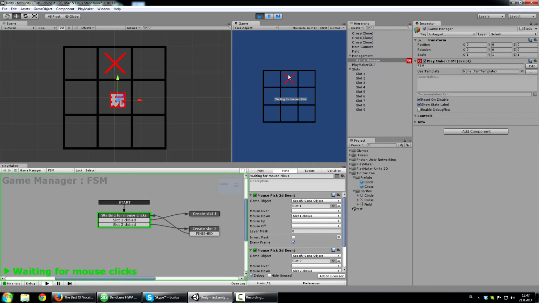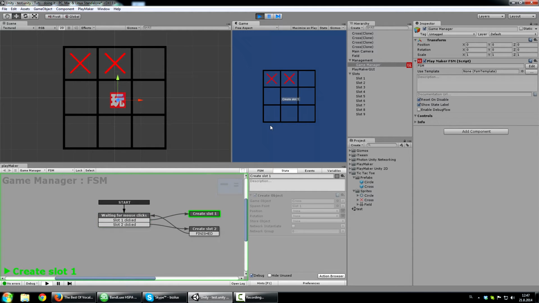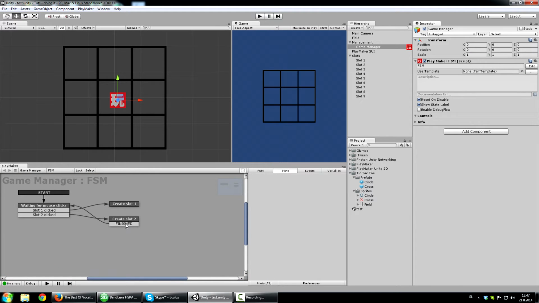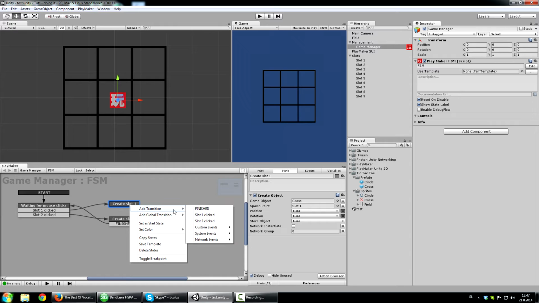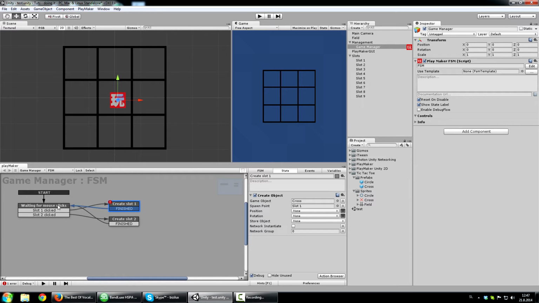But right now let's detect another error. If we click here on slot 1, that's it. It spawns a cross, but nothing happens because we didn't make this finish loop and wait action. So we have 2 errors to fix. First one is, let's add finish here and wire it back. And the second one is, let's go to create slot 2 and click on wait action and Ctrl C, and